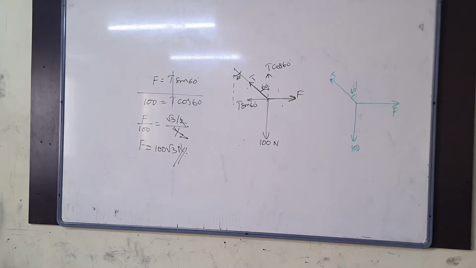How have you done this? mg sin 60? F equals mg sin 60. mg is downward, so there are no components for mg, because this is not making any angle. For understanding, if you take the component, this is mg, then it will be mg cos 90 over hypotenuse. There is no meaning for cos 90, cos 0. mg is there only in the downward direction. You should not take any components of mg.